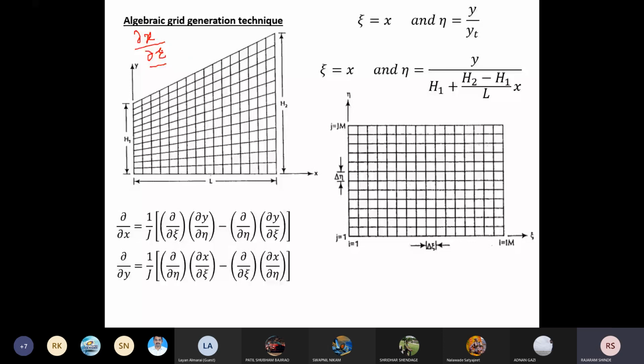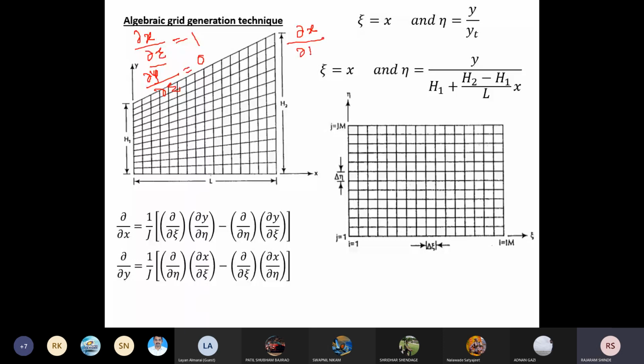Okay, next we have the y coordinate, y with respect to ξ. This is 0, because if we see this equation for y, you will not get any ξ here, so you will get a 0 term. Next, you need to find the derivative with respect to η, that is, we need to find ∂x/∂η and ∂y/∂η.